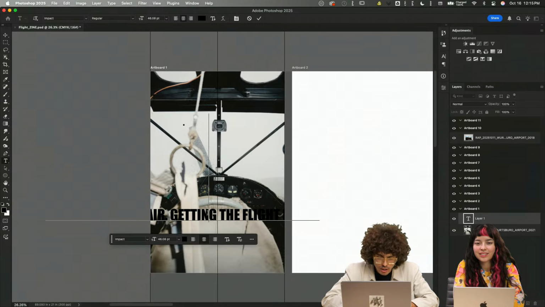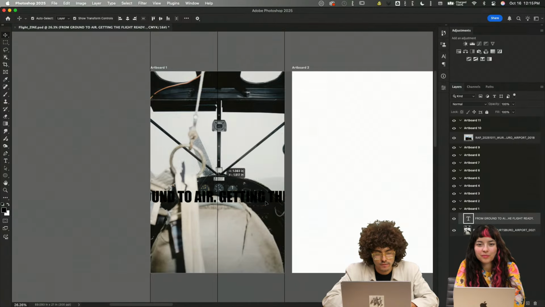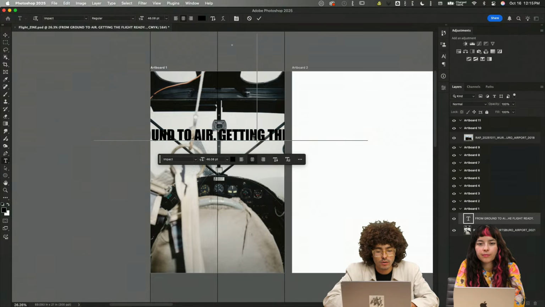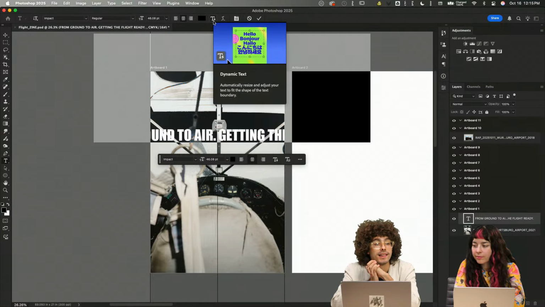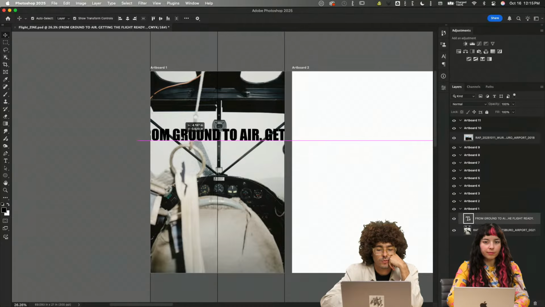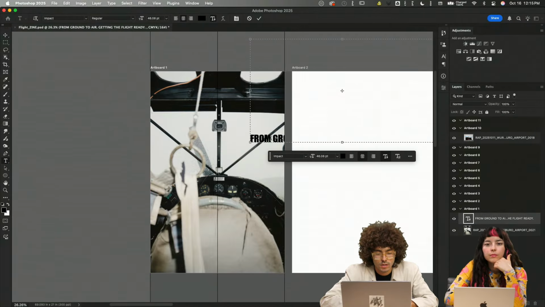Such good copy. So as you can see, it's all over the place. It's not full, but if we go in here, select all, there's this new little button with a lightning bolt. We can click this, and what this does is